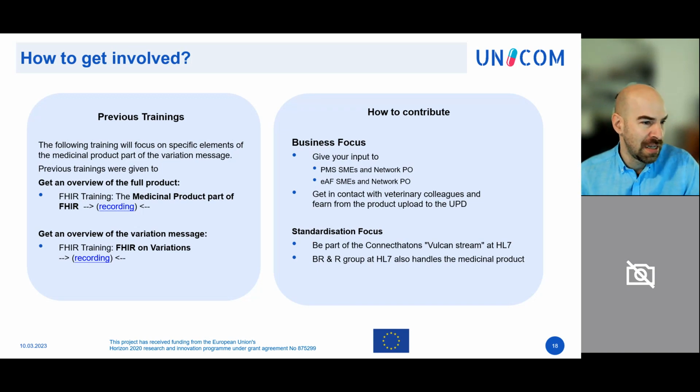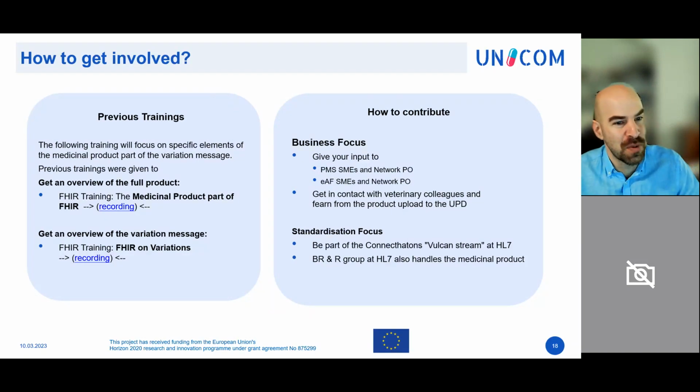And then, of course, there is UPD. UPD has a head start. So they are the first ones who implemented a FHIR message in production. They are not IDMP compliant, at least not fully. So they have speed, but they might not have all the quality of the product, all the fields that are there. So you can look at that and ask questions in those groups, but be aware that they have a quick solution which works, which is good, but they don't have all the fields that are probably needed.